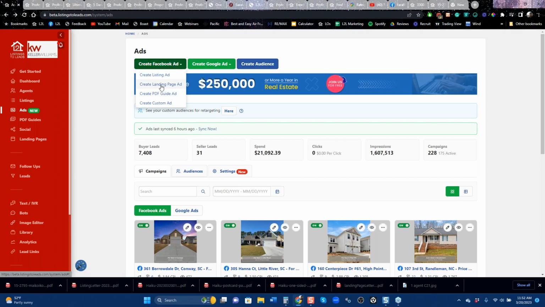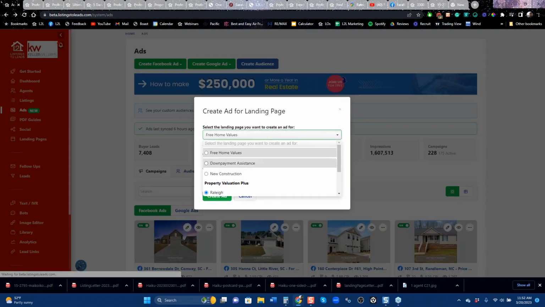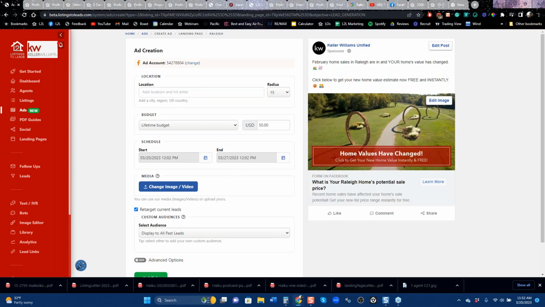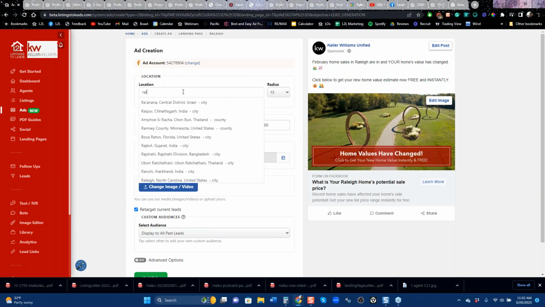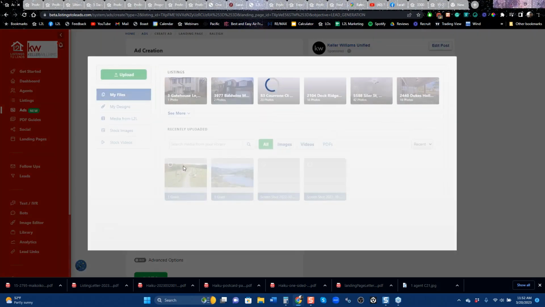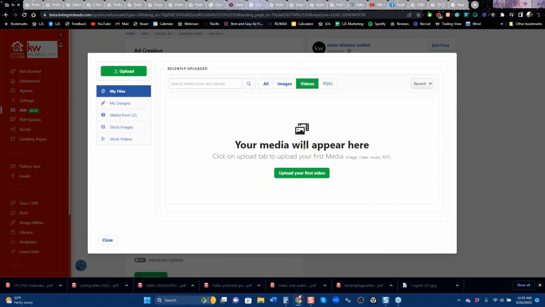Let's say we want to do a landing page ad because we want to get more listings in Raleigh. And I just told you, this kind of sucks because you can't do a 5-mile radius. You can't really target Raleigh. I'm going to type in Raleigh here, and I've already told you, you can't get tighter than 15 miles. So what Doug is saying is, if you change this, you see this thing here that says change image. If you go here and you upload a video,